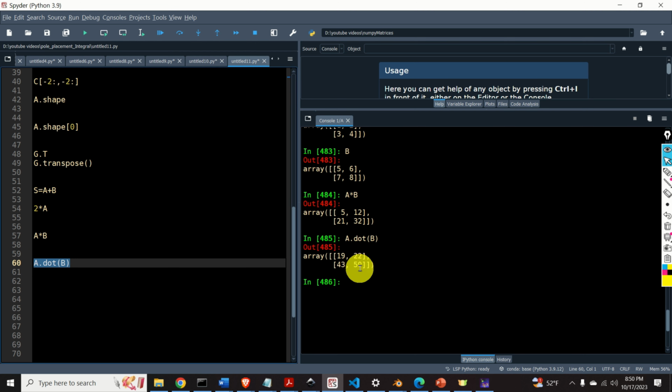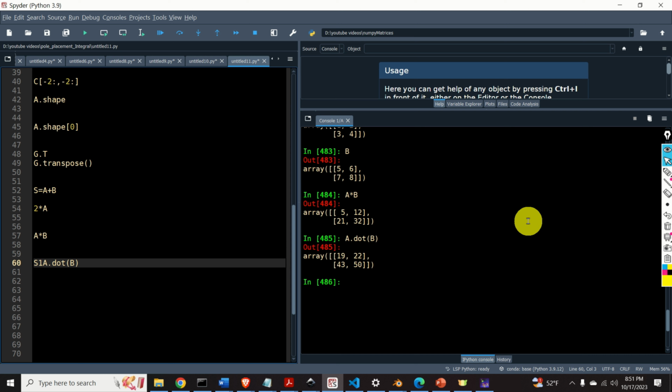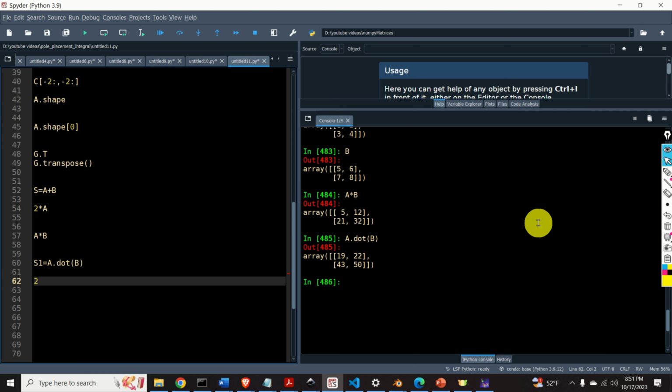Here it is. Obviously, it's 19, 22, 43, and 50. This is the first way. The second way, let's type, for example, this S1, so we can keep track of everything. The second way is to do this. We can use